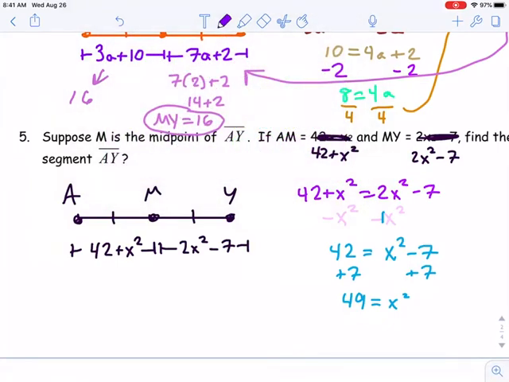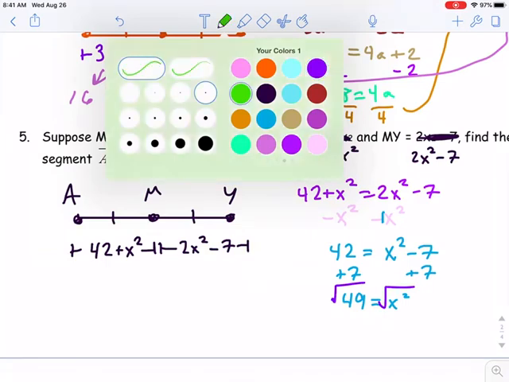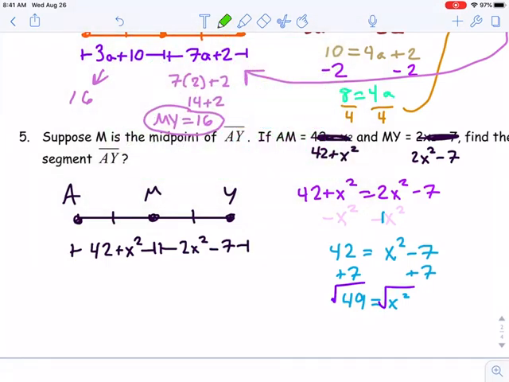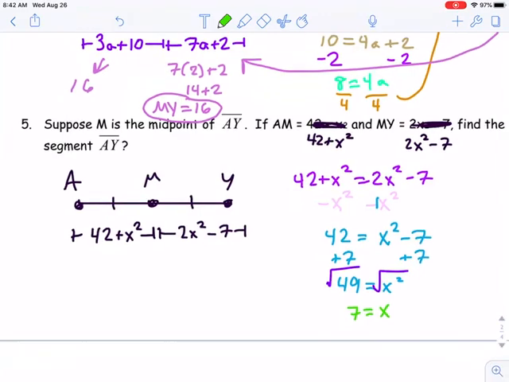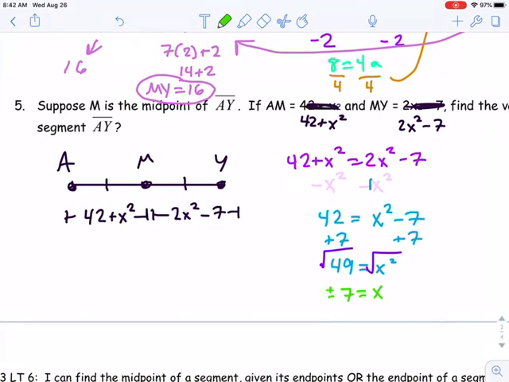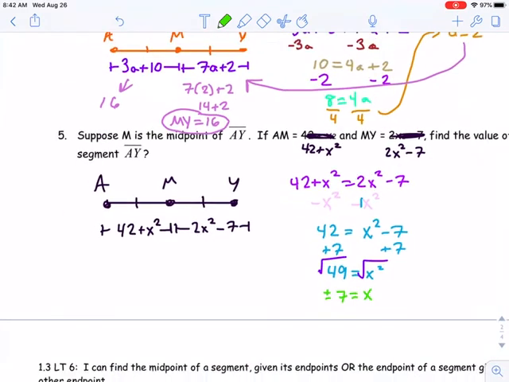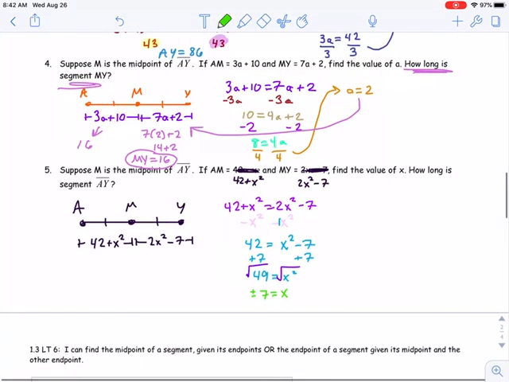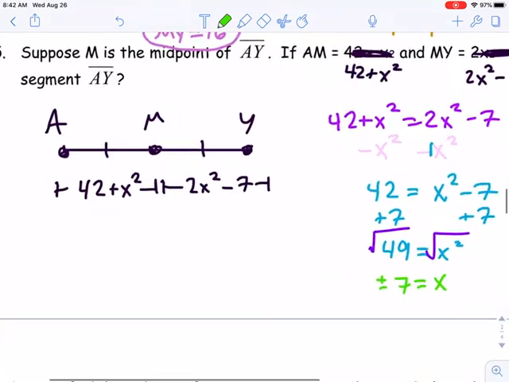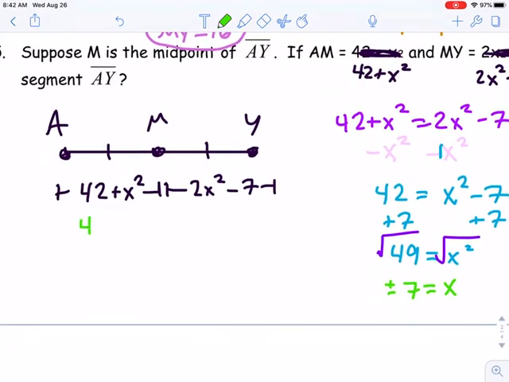Now I'm going to take the square root of both sides. And here, we'll keep it simple. Technically, x equals positive or negative 7. But we'll just say 7. All right, technically it's positive or minus 7. Your algebra teacher should have gone over that last year. And it says, how long is the length of AY? We're only going to focus on positive 7 right here. It shouldn't change anything, but we're going to get